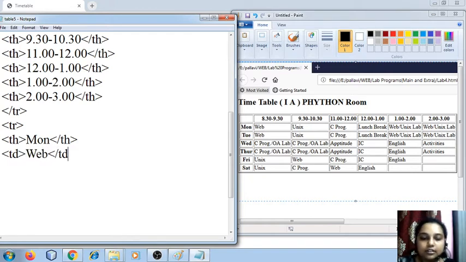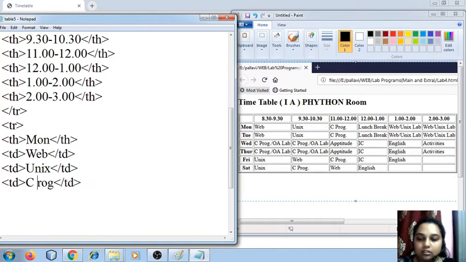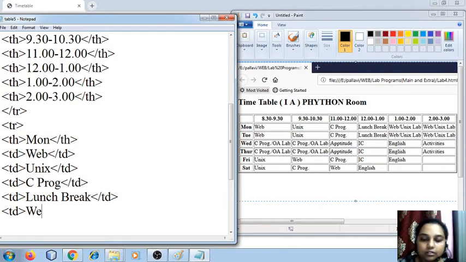So the first data is web, second Unix, okay, next C programming, next lunch break. All these are table data, so I'm going to include them within the table data tag. Next, web or Unix lab.